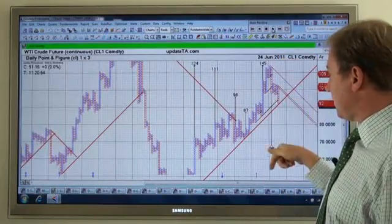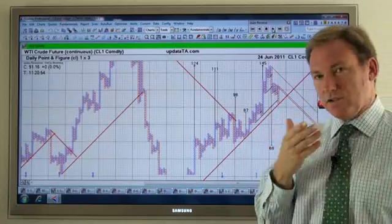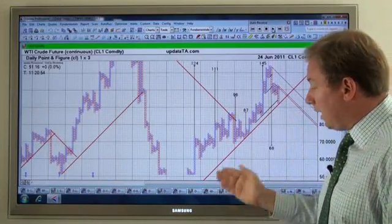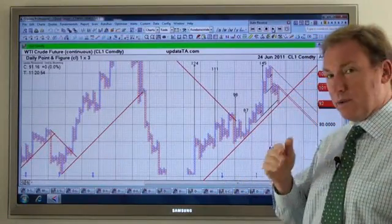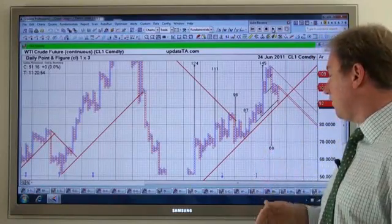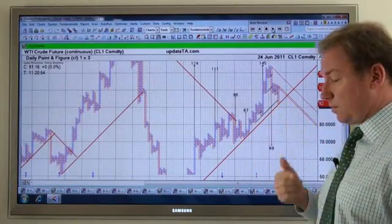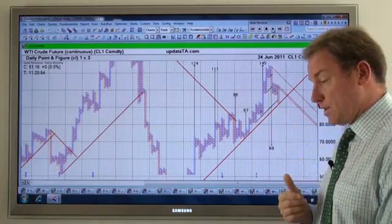And here we see the downside target of $68. This thrust off this high has given us a new downside target of $68. We are still in the uptrend. We'd want to wait a little bit more. We want to see maybe 2 or 3 days below $90 to be confident that we're then going down another sort of $20. But we're really testing support, so we may find some support for oil this week, but keep